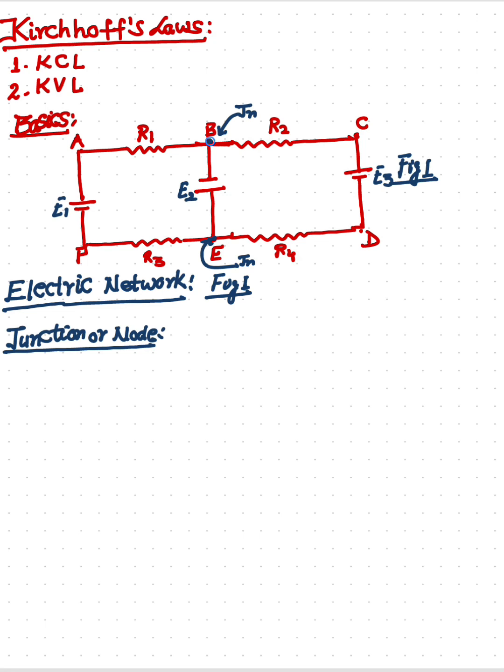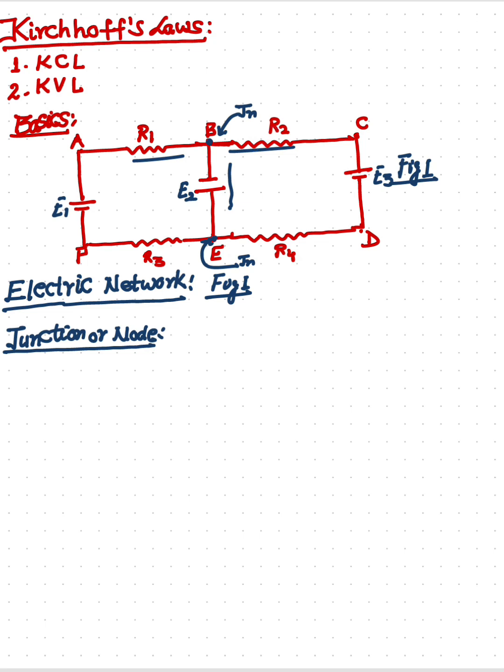See here, this is the junction B. Here, one conductor is this, another is this, and another is this. These are connected at this junction, joined at this point. So this point B is a junction. Similarly, this E is also a junction. Here one conductor this, another this, and another this is connected. Clear? And at the junction, the currents are always divided.